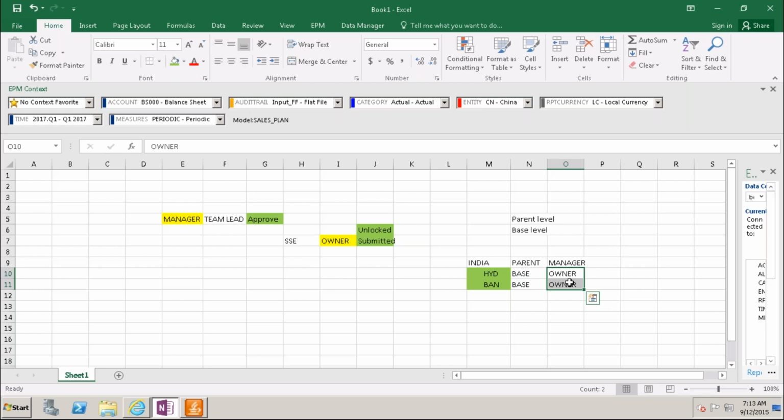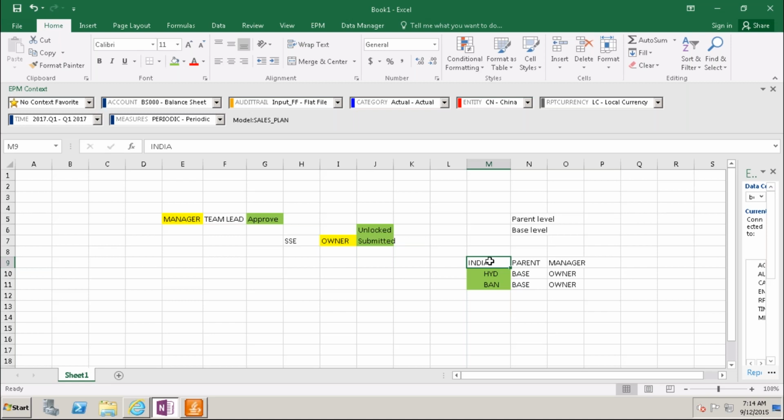For each plant we have managers, heads. Once these lower level employees submit the plant data, it goes to the manager to approve. After that, there is an India level manager.